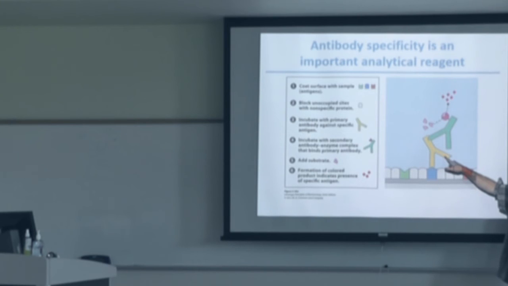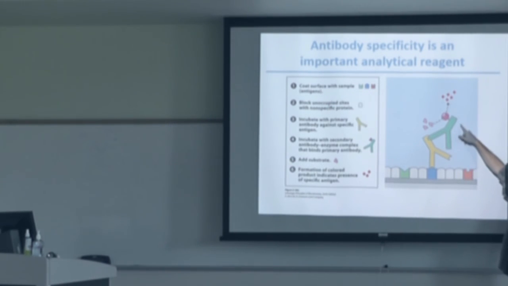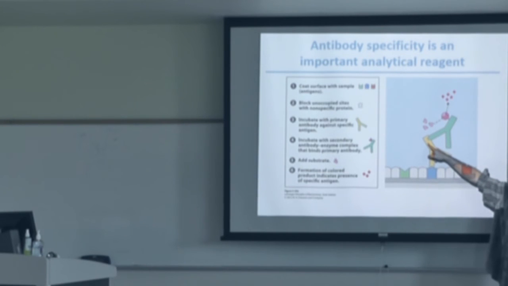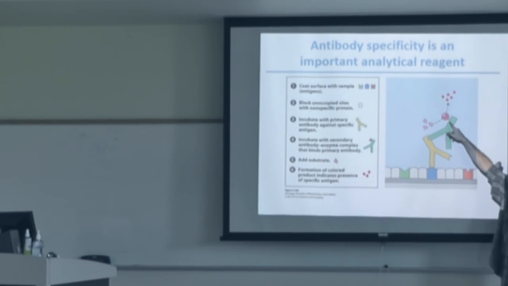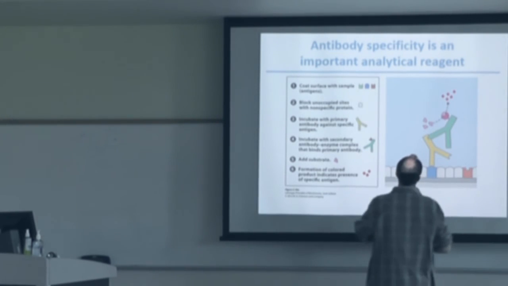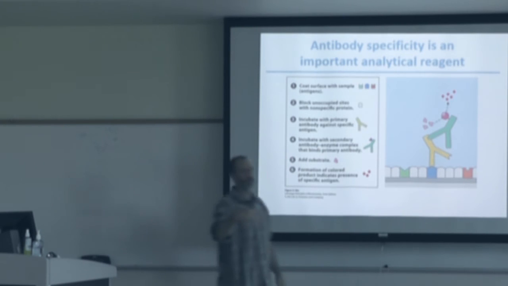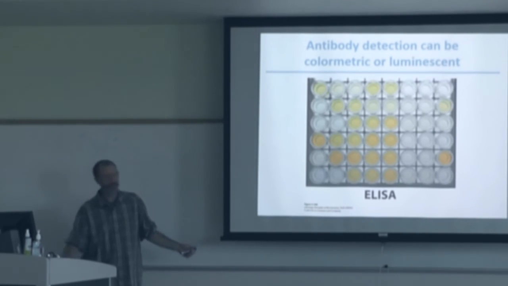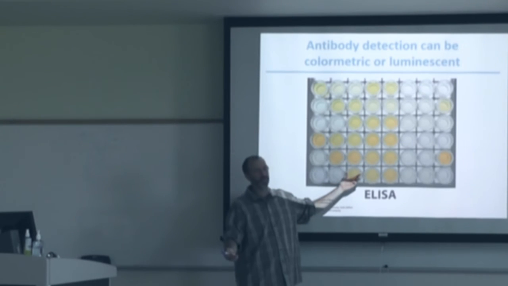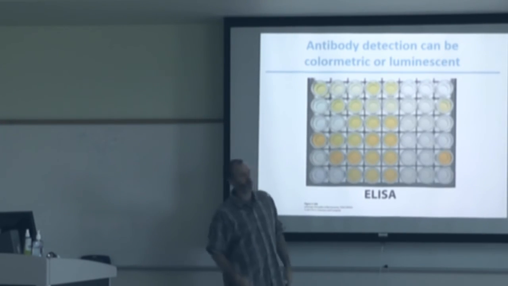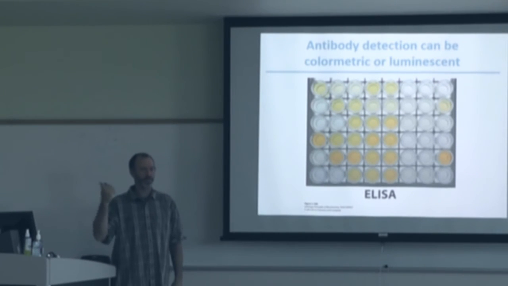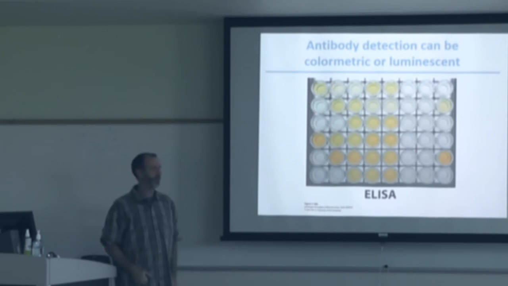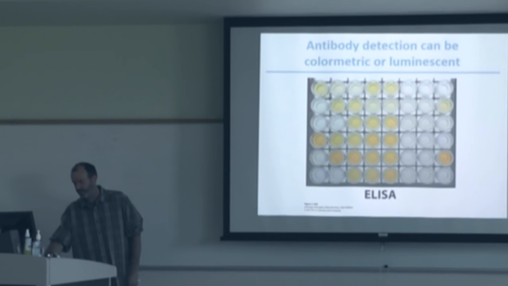You have a primary antibody specific to the analyte you want to detect and measure its concentration. Then you're going to have a secondary antibody, and it recognizes the FC fragment of the primary antibody, and it's often conjugated to some sort of enzyme, most likely horseradish peroxidase or alkaline phosphatase, which will then react with a substrate to produce either some kind of color, fluorescence, or light as a reaction product. And in this case, it's an ELISA, and you get this yellow color with increasing concentrations of that protein that you want to detect. And so you quantify it. In the proteins class, we have you measure concentrations of the IgY you extract from the egg yolk, so picogram quantities that you get